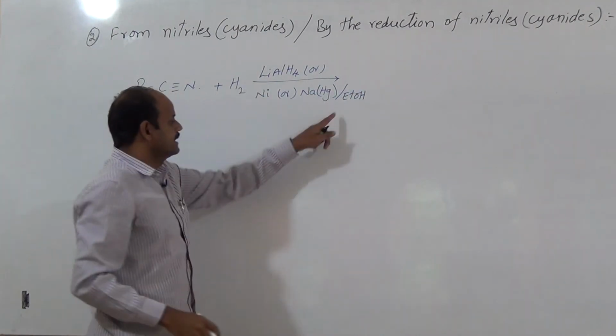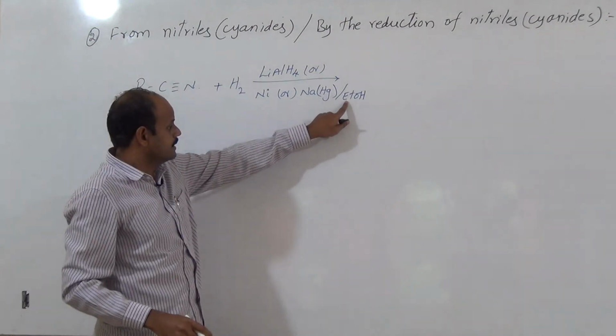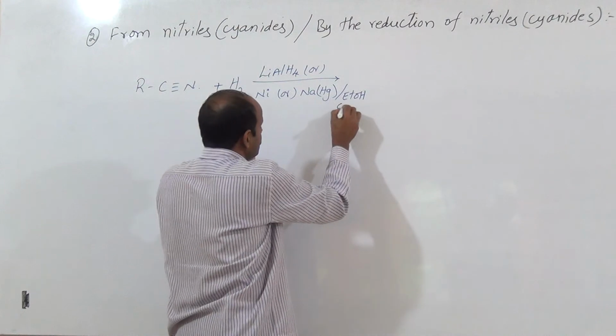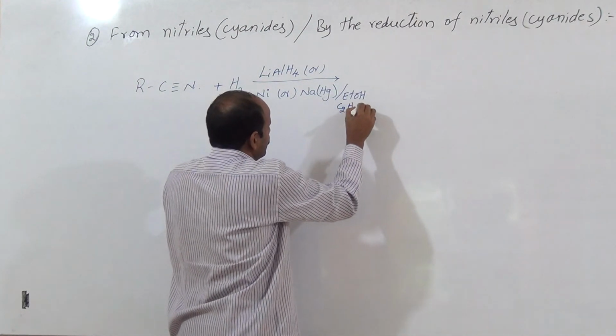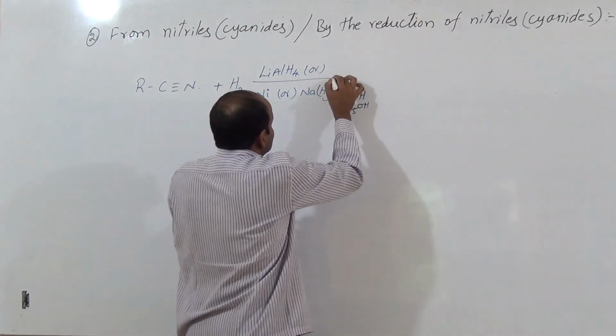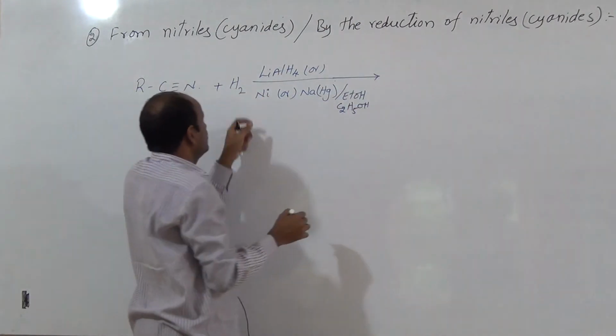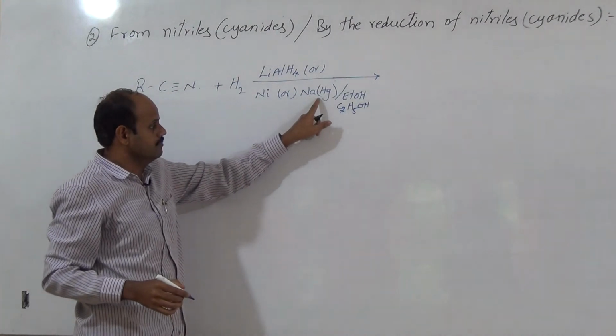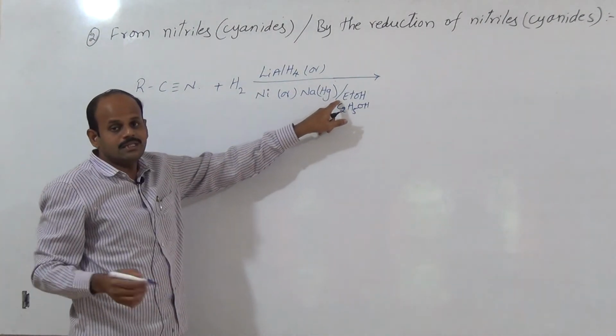Here Et means ethyl group. Generally in reactions the ethyl group can be represented by Et. Ethyl means C2H5OH. So in the presence of these reducing agents, with ethyl alcohol as the solvent,